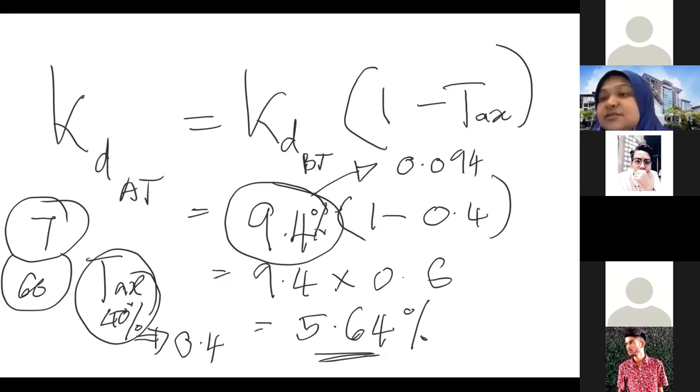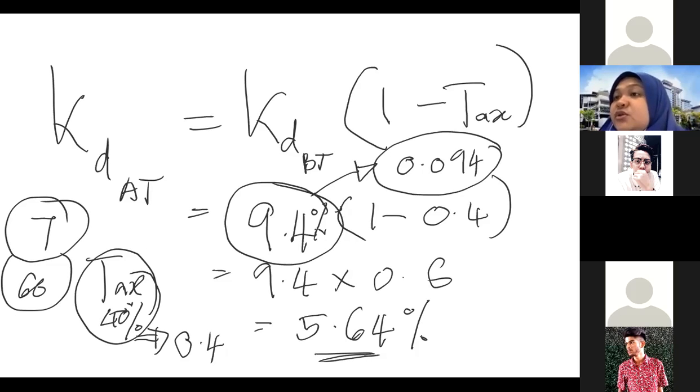Faham ke? Tapi kat dalam yang page 66, jawapan dia ada percentage. Nak ikut yang mana satu? Jawapan dia ada percentage. Jadi 0.0564. Itu bukan percentage, itu decimal. Oh, okay. Sebab tu saya cakap dekat dalam buku tu dia convert instead of 9.4 dia convert dalam bentuk decimal, which is